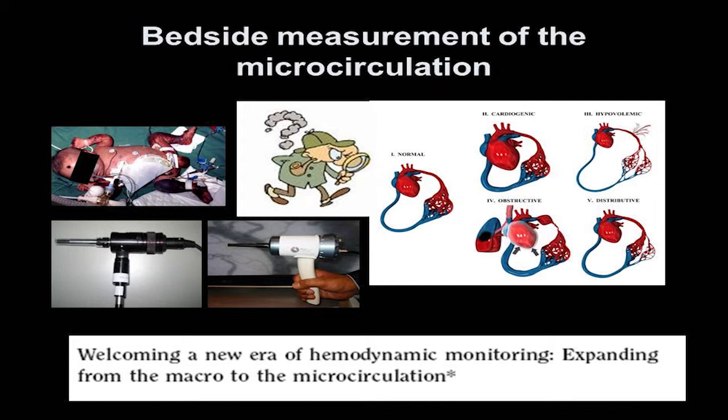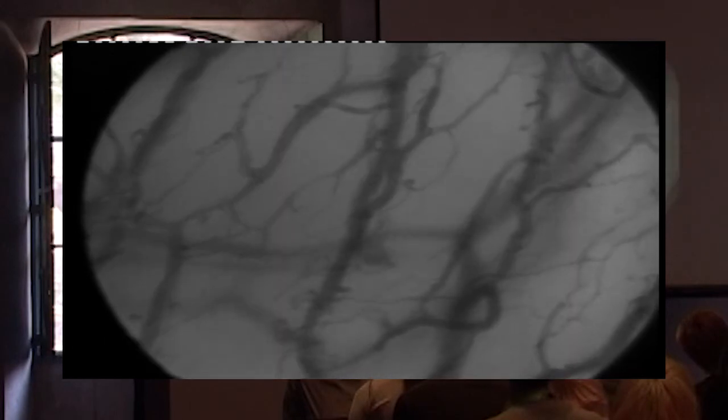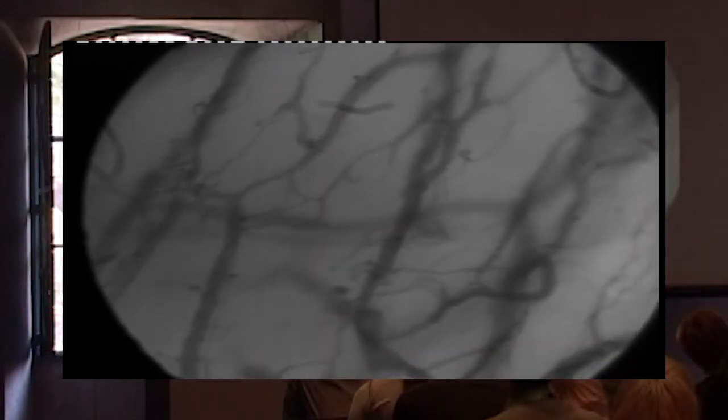So this is the first technique, orthogonal polarization spectral imaging, a successor, and there's even a newer form coming onto the market recently. It actually uses polarized light that's absorbed by hemoglobin, and therefore presents hemoglobin as black in your field of vision. So this is an example, and maybe with the light it's not terribly clear, of the first technique,